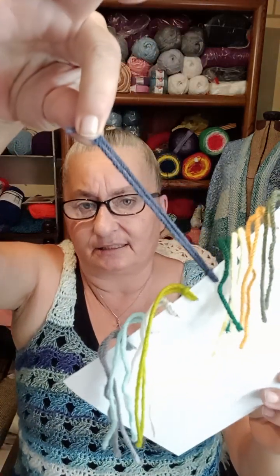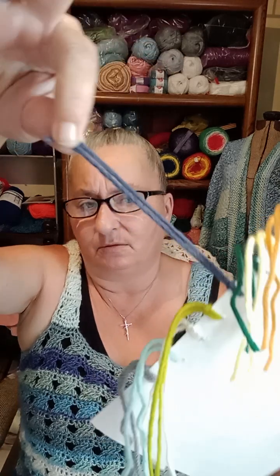Put him back in, Mr. Bucket. What do I have for number... Oh. Number 4 for me is that color. And I know right now it looks gray, but it's not. It's like a dark blue. And, okay. It is Premier Just Yarn Value. I didn't write value on here, so I always forget to say it. In the color Denim. Hold on, let me get that yarn. I'm back. Okay, so Premier Just Yarn Value